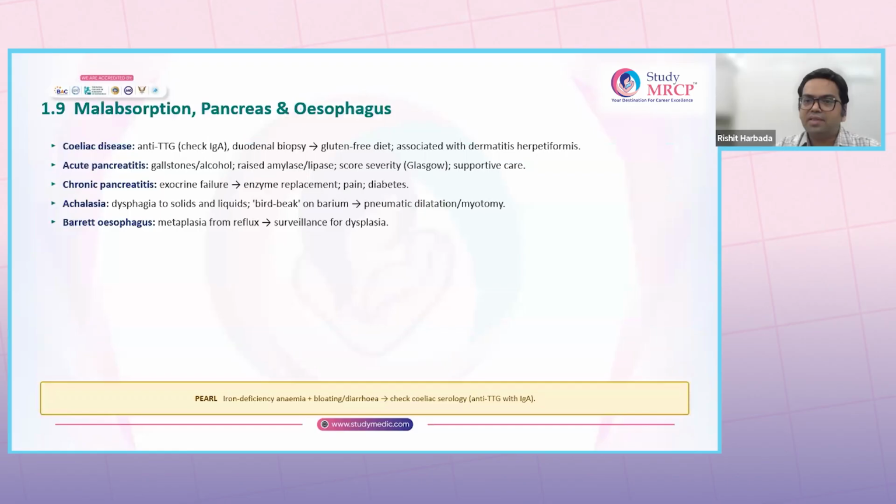Because there may be a risk of worsening. Now, quickly, what about malabsorption? In malabsorption, you are going to be chiefly asked regarding TTG, that is tissue transglutaminase, or celiac disease. We all know that celiac disease is actually quite common. So in the case of celiac disease, what happens is that